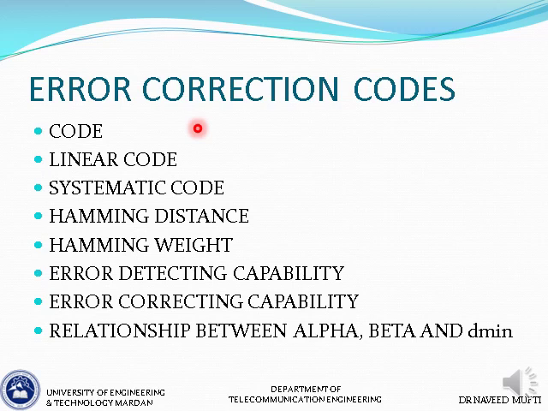So a linear code, I have explained to you what properties need to be there in order to be termed as a linear code. And then a systematic code is a special case of linear code. So in a systematic code, what will happen is that a special case when in the code word, the first bit is the same as the first bit of data word, the second bit is the same as the second bit of data word, the third bit is the same as the third bit of data word, and the fourth bit is the same as the fourth bit of data word. So for example, if the number of data bits are 4